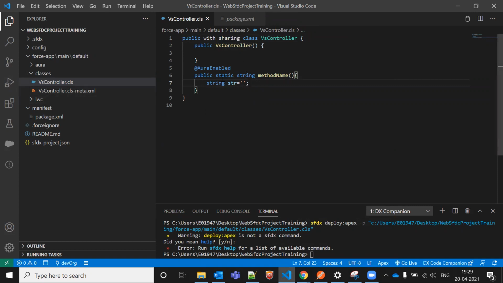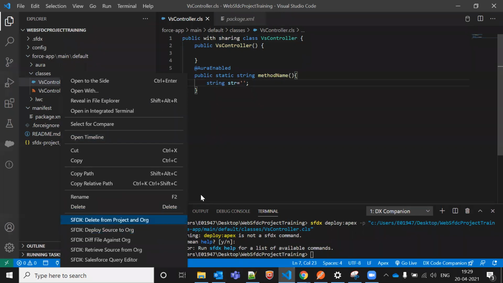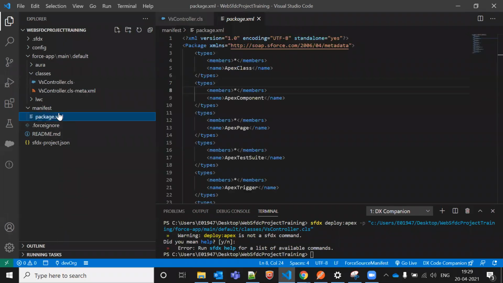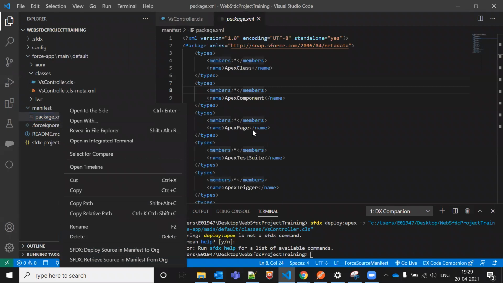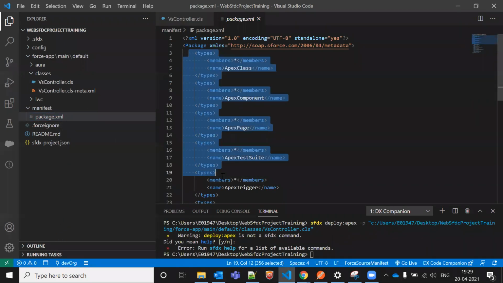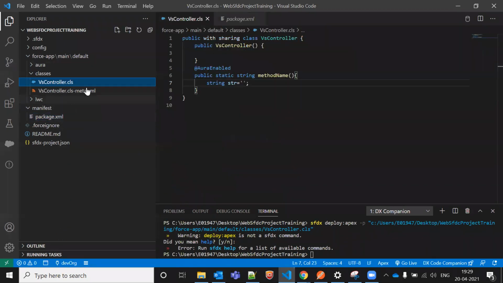If you are going to deploy only a single class, clicking on the single class and deploying is the same thing. But if you click on package.xml and deploy, whatever things you have inside the package, apart from Apex classes, multiple things as well, everything will be deployed. If you go to default, whatever things you have in this package, everything will be deployed like a package.xml.